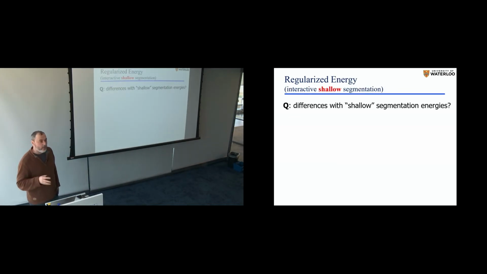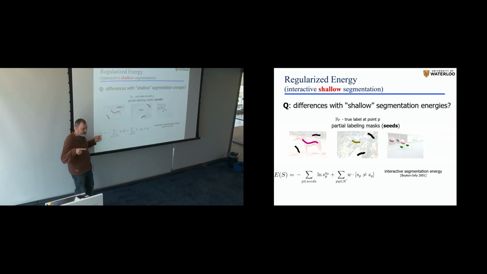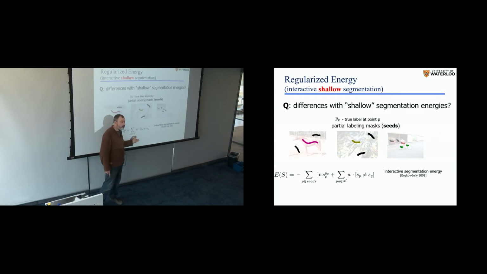I just want to juxtapose this a little bit so that you see it's exactly like the shallow segmentation energies we've seen before. In the context of Boykov and Jolly, if you go back to 2001, this is interactive segmentation with hard constraints on seeds. I just wrote it down in exactly this form because there we had only discrete labels. So the relaxation of it is exactly cross entropy, but this is your zero infinity constraints on the seeds. In a shallow context, there's no learning here. This is just the energy of the segmentation. There are no parameters of the network. So this is the consistency with the seed labeling of your segmentation. And this is your shape prior, but we call it the regularizer for our loss.